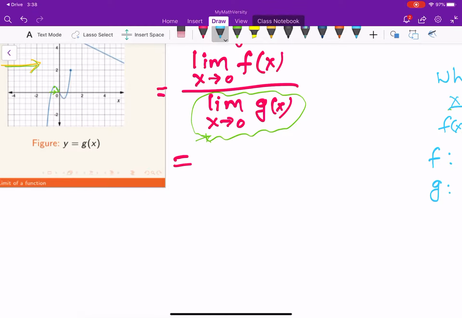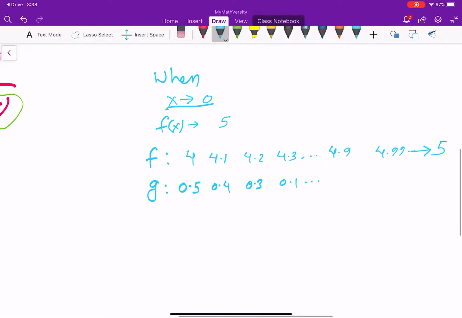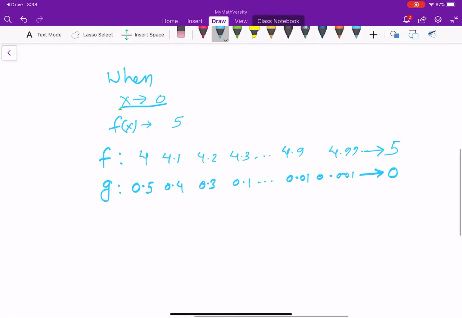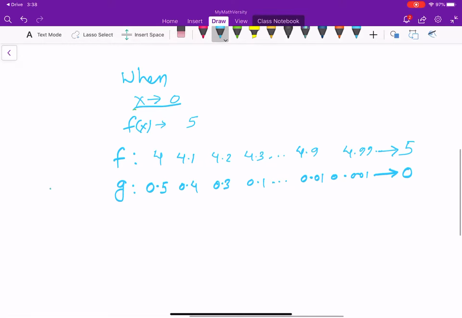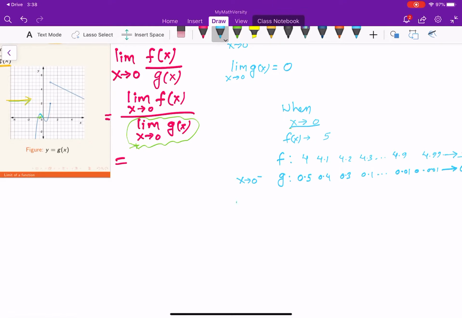The g curve, maybe it is at 0.5 and then 0.4 and so on. So let's write down that information. Maybe it is 0.5 and then 0.4, 0.3, 0.1, right? Something like that, and then maybe 0.01 and then 0.0001 and so on. It's just getting closer and closer to 0. And that is from the left side, when x gets closer and closer to 0 from the left side. And when x gets closer and closer to 0 from the right side though, the g curve is